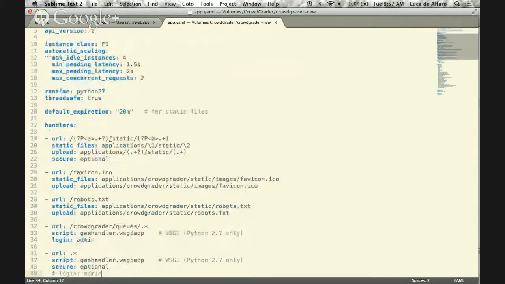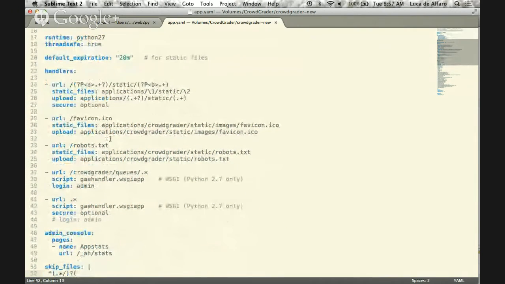Then you define a lot of handlers, which in the case of Web2Py is not particularly interesting, because the handlers basically are reduced to one line. So there are some standard ones. You basically don't have to modify this file a lot. And then there is one that says, well, any URL, you give it to the GAE handler, Google App Engine handler, essentially the WSGI app. Okay, and so that's what you do.